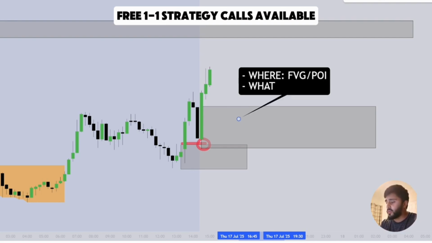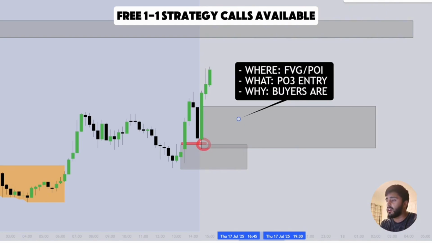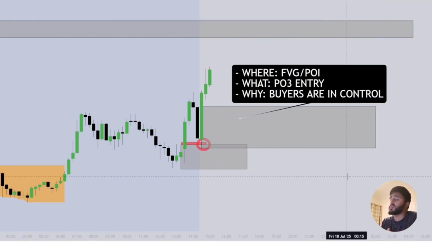You need to know what to look for, and this is essentially a PO3 entry, and we're going to dive into what that means. And then you want to know why you want to be buying in this case. The reason you want to be buying is because we can see aggressive sellers failing, which means that buyers are in control. And this is the most important thing. This entire trade is based off a higher time frame narrative using the weekly power of three. Essentially, we're using the weekly low and the weekly high. And we also have a place to target. Notice how we're targeting the fair value gap from Tuesday. So when we have that in place,